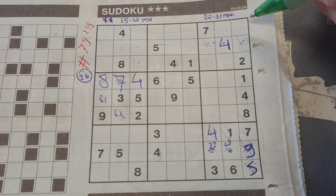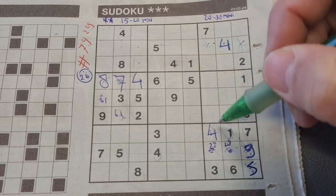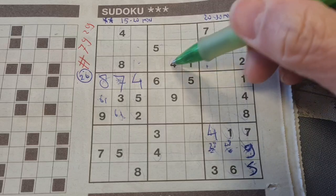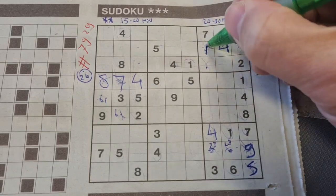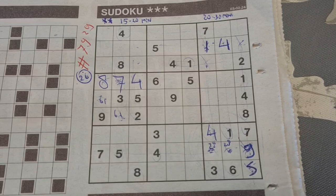Alright. Okay, 1 in this column, last column, 1 in the column next, so that column, the only 2 places left for the 1 should be here or there. We have a 1 in the third row, no 1 there, 1 should be there. Okay, and now,